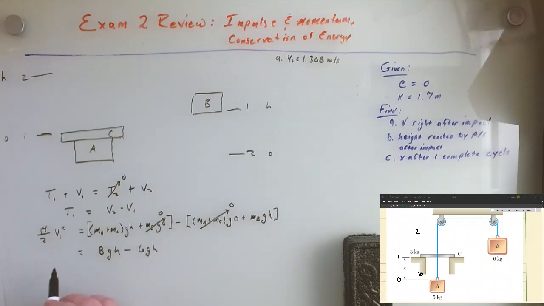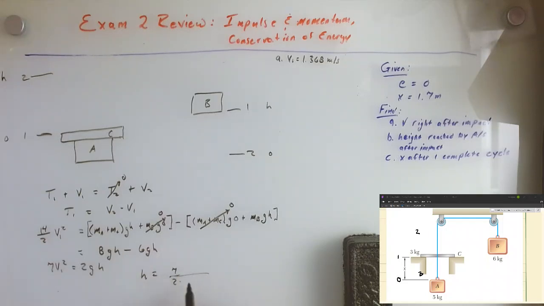Okay, so 7 V1 squared equals 2 GH, and we have H that we're after, so H equals 7 halves, I guess 7 over 2G, so